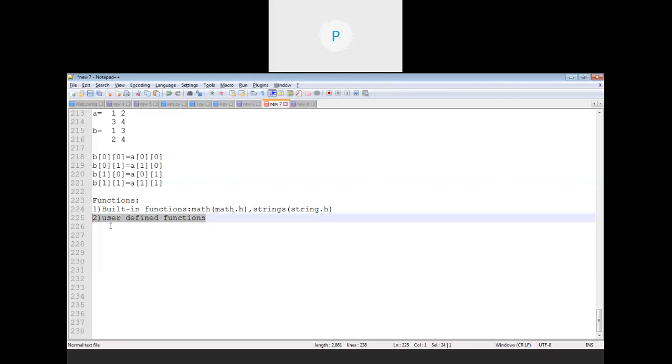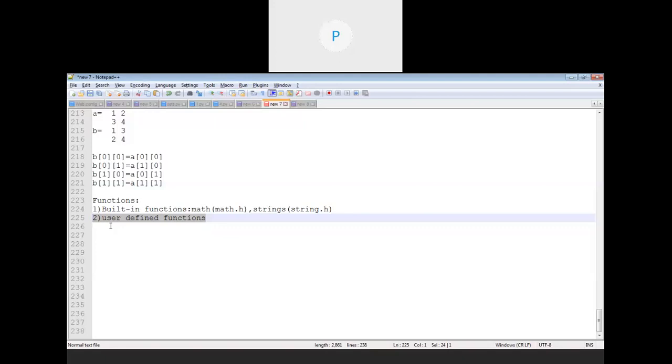Okay, or if there is a function which asks the user to accept the data of a particular student, particular employee, then we cannot write the individual code for every employee or for every student. In this case, we must have some option through which I can write the code once and we can execute it multiple times for n number of employees. And that can be possible by using functions.